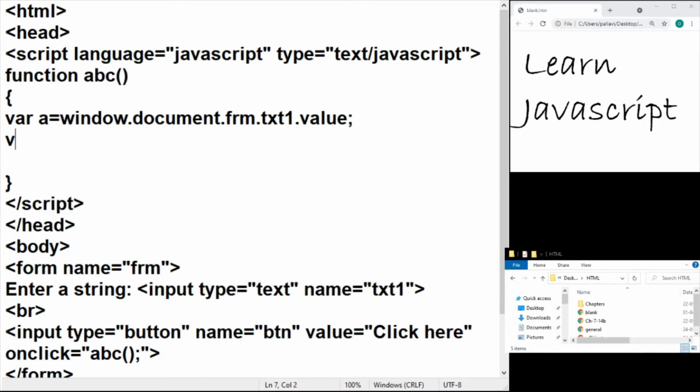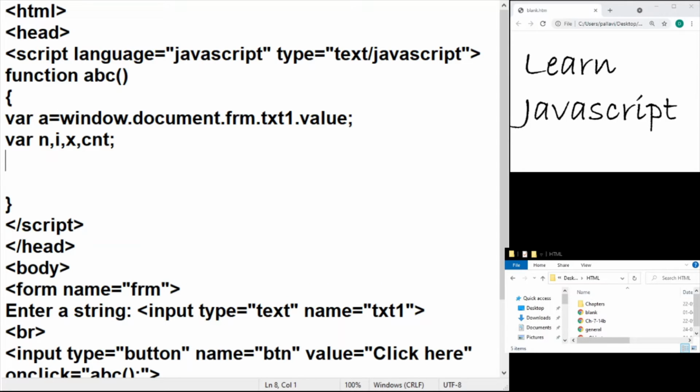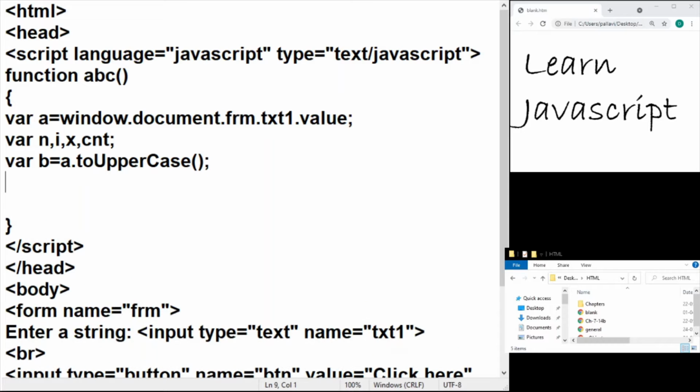First thing we are going to do is declare the required variables. You already know which variable we are going to use for what. But since we are interested in doing a case insensitive comparison, because uppercase or lowercase is still an alphabet, I'm going to convert the string to one of the cases so that I have to write fewer conditions. So n will be containing the length of the string,